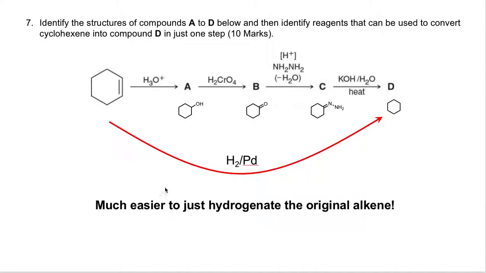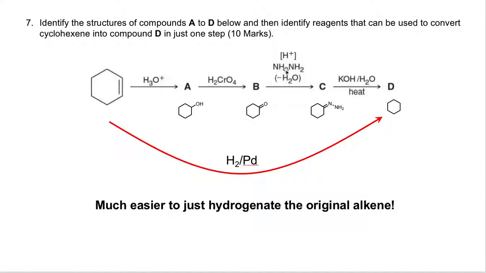The last reaction is a series of reactions. So the first step is simply what you learned in 2513, and it's converting. We're going to protonate this, followed by an attack by water, followed by deprotonation to form the alcohol. Then we oxidize that alcohol using Jones reagent or chromic acid. We get the ketone, and